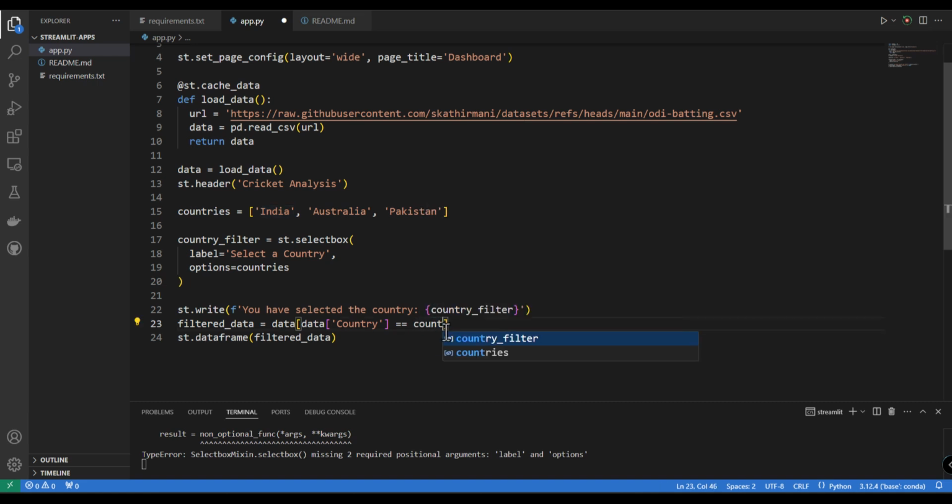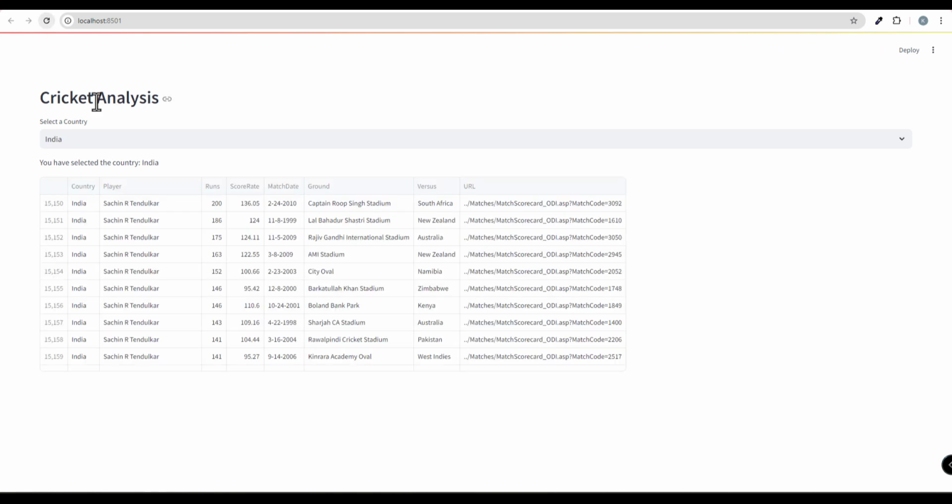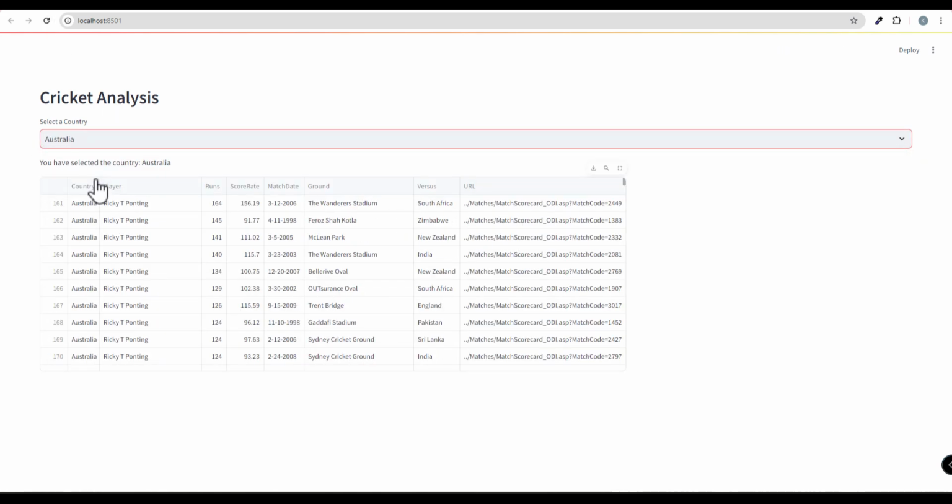So I'm going to say country filter. So this is normal pandas filtering, and I'm displaying the filtered data here. If you look at the UI, we have the country selected by the user, and we are displaying the corresponding rows alone in the tabular